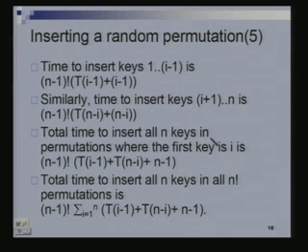So, the total time to insert all the n keys then is just the sum of these two quantities, and this is the total time over all the permutations in which the first key is I still. So, it is this quantity. So, what is the total time to insert all the n keys in all the n factorial different permutations? It is just the sum of this quantity as I goes from 1 through n, because the first key can be 1 or 2 or 3 or whatever. So, it will be just n minus 1 factorial times this sum, where the sum goes from I equals 1 through n of this quantity.